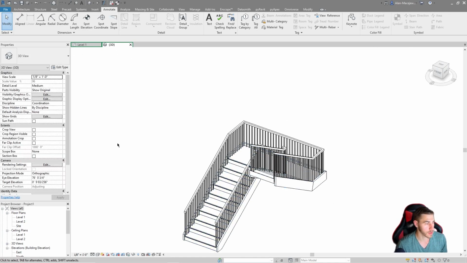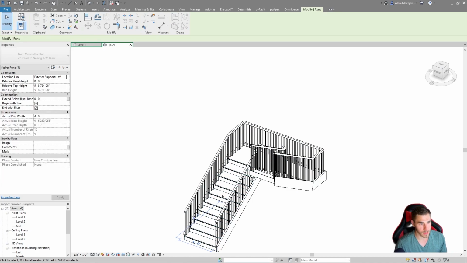So we have looked at all the instance, which are a ton of different properties, as well as all the